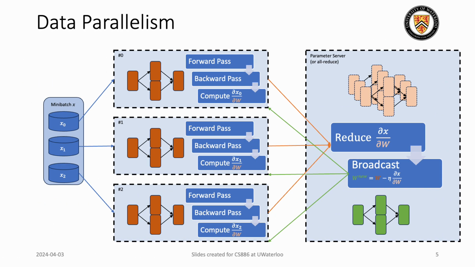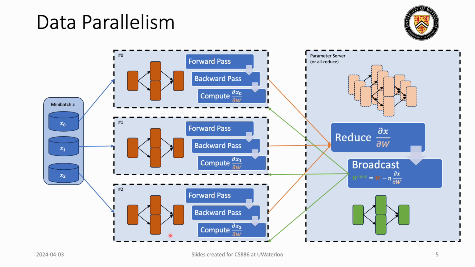So first, let's just talk about data parallelism. What is data parallelism? Data parallelism is the first straightforward implementation of some form of parallelism over multiple GPUs. So the idea is, given a mini batch, you split the mini batch into multiple micro batches for every GPU, and basically every GPU has a copy